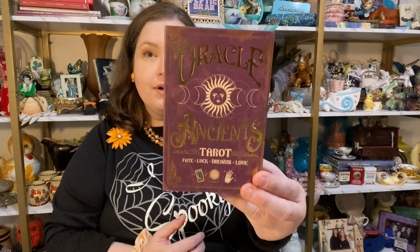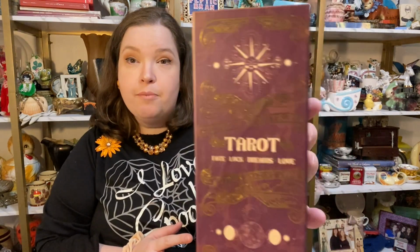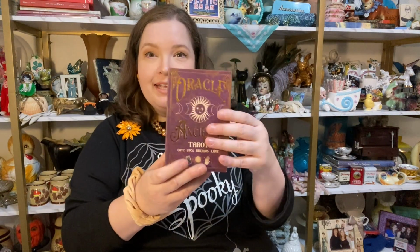I also picked up some storage options. I grabbed these little fake books. Now, I actually am annoyed by most fake books. I think they don't look like real books at all. I think they do a horrible job with the spines. But look at these ones. The spines are fantastic. So I got 2 of these,